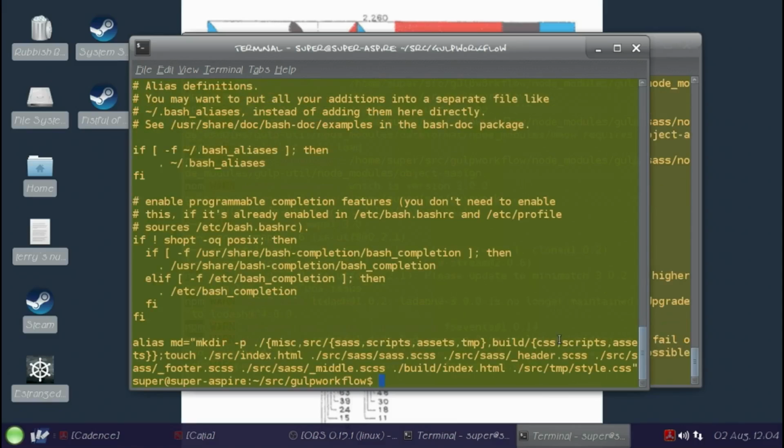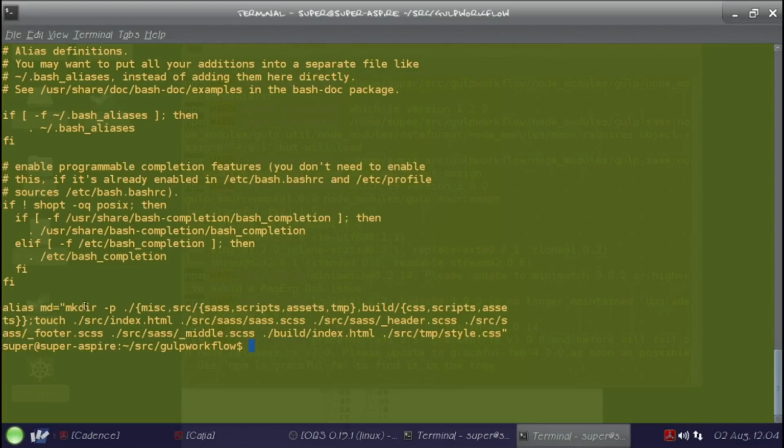See, that's there, and so there it is. There's the make dir command, and it's me creating a whole bunch of files that are necessary. There's the build index.html to provide, it's an empty file. All these are empty files, but it provides me with the Python server with a file, and the style.css in